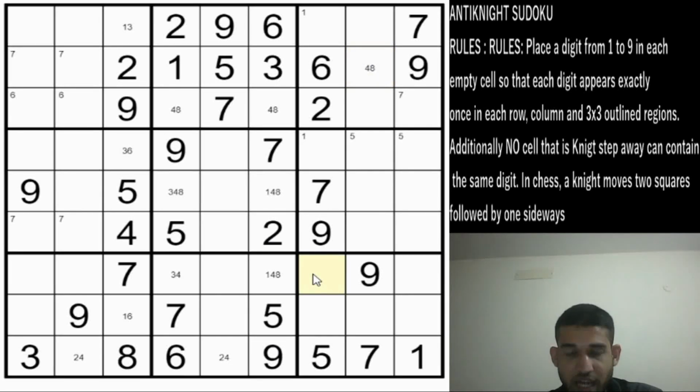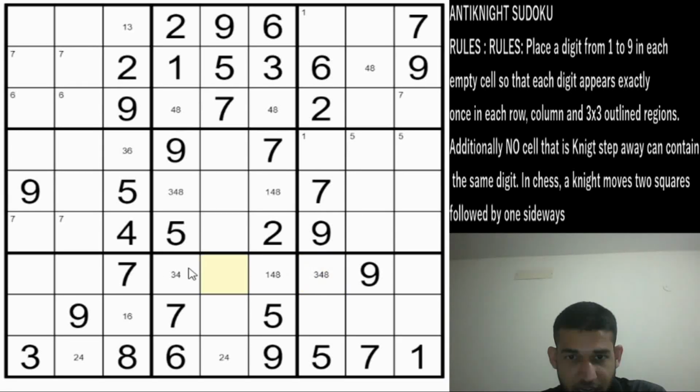Okay, now let's have a look at column 7 closely. 5, 7 and 9 and 2 and 6 aren't possible, and 1 is in that box, so 1 is also not possible. So the left out digits are 3, 4 and 8. Now 8 is also not possible if you look closely, because if this cell were an 8, then box 8